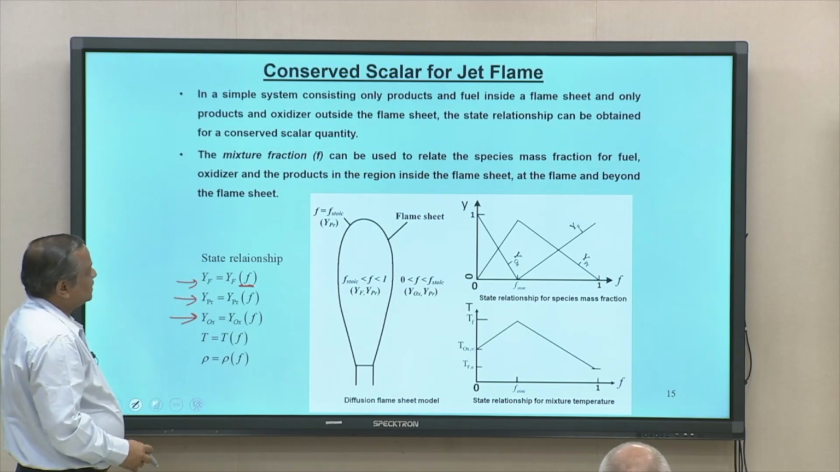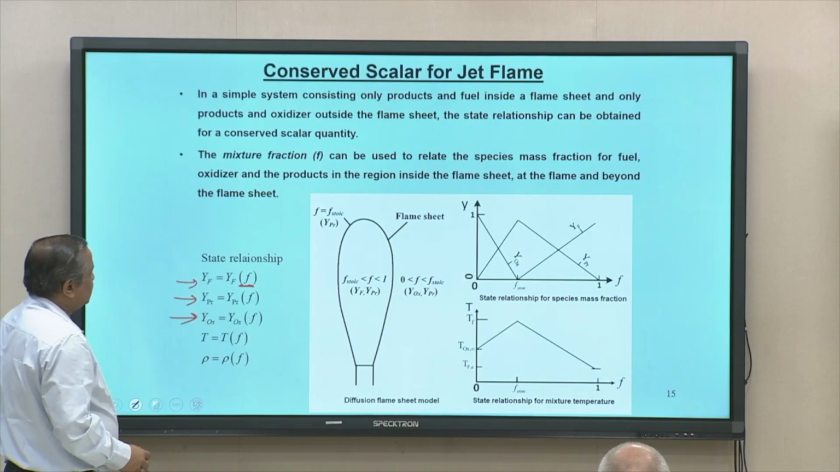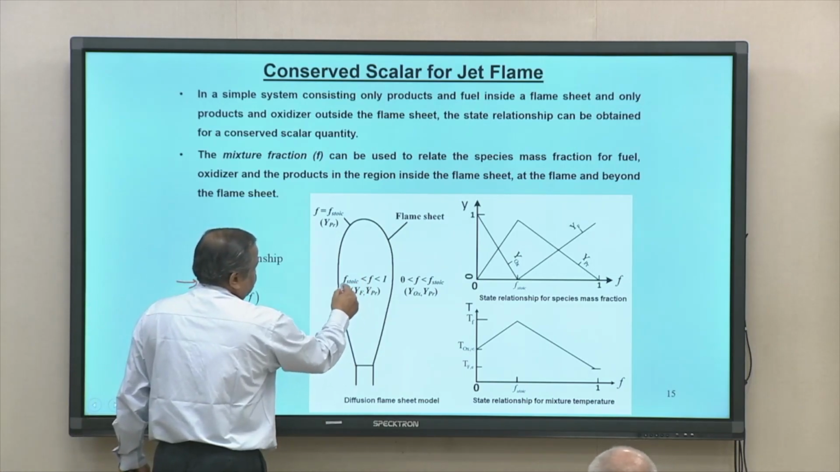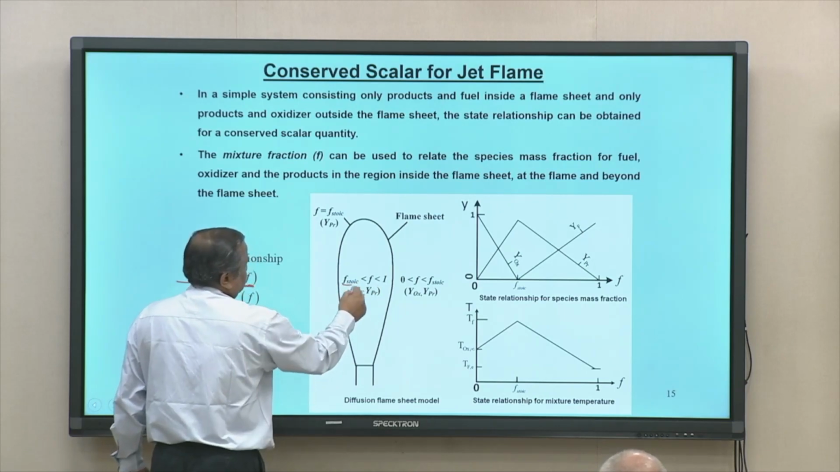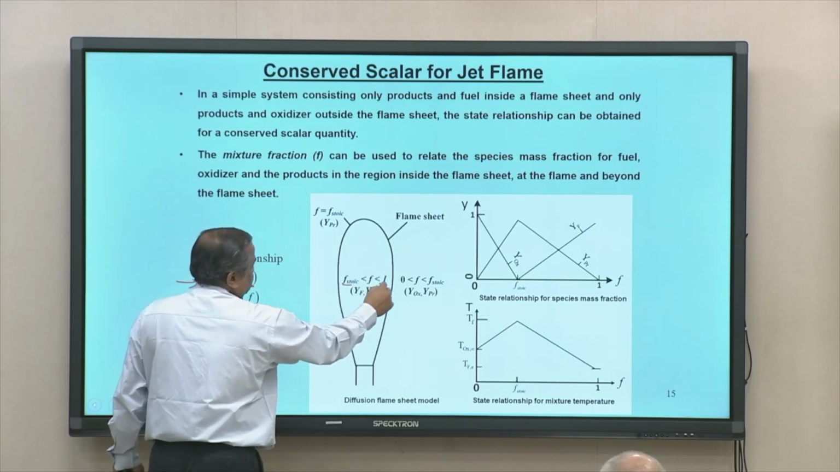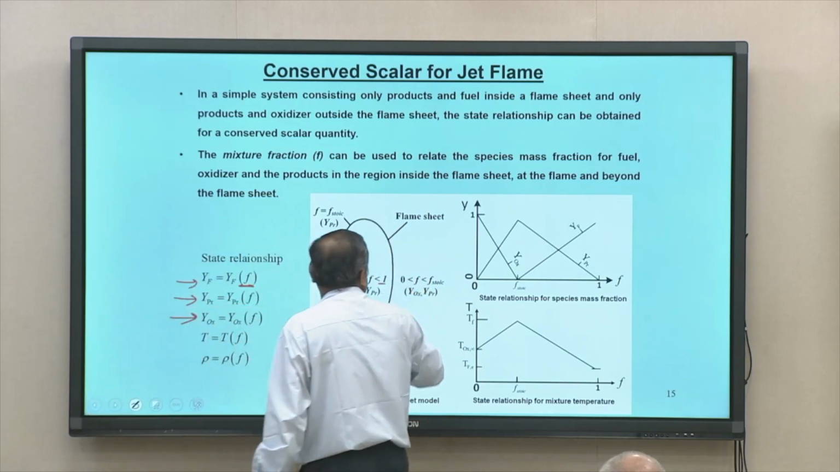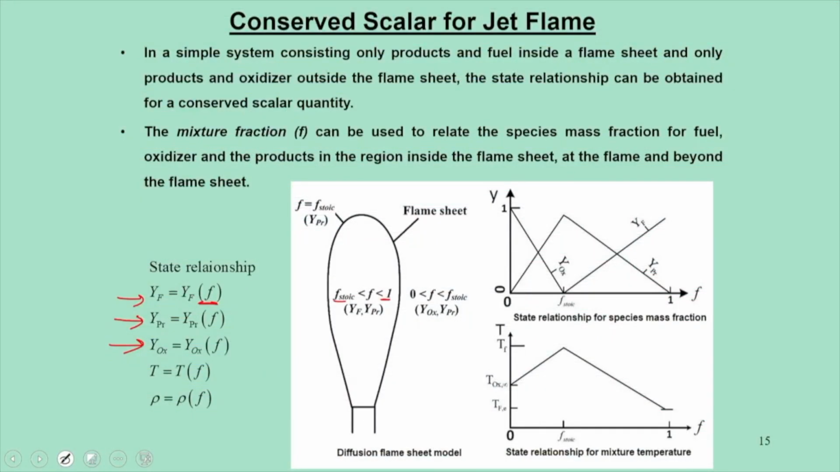So that definition I have given in the previous lecture. We are looking at this F, which has a stoichiometric value, and in this zone the F value is less than 1, and this is the flame sheet. The stoichiometric value is on this side. So basically in this zone we are trying to find out the fuel and products. Here there is no fuel because we have already crossed this flame sheet zone, so we have only oxidizer and products,